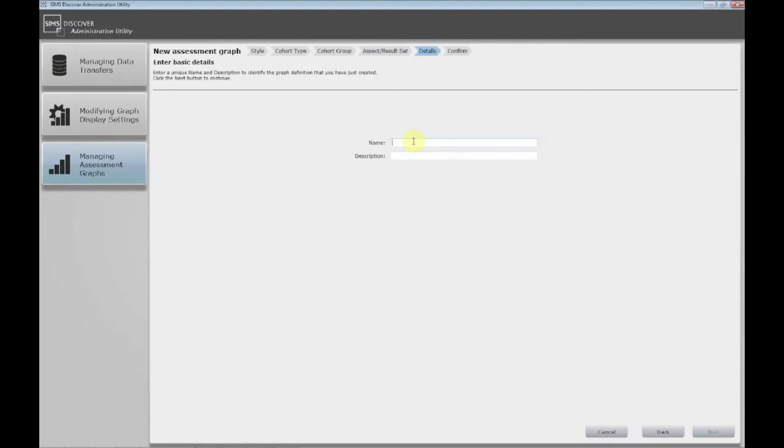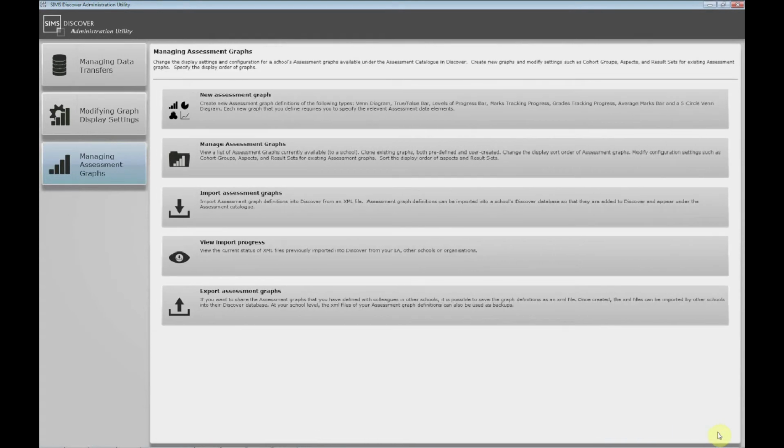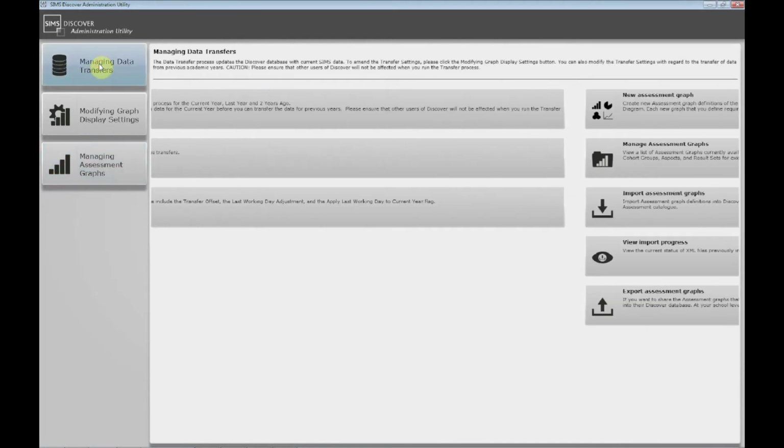Next, give it a name. I'll call this KS4 Maths Year 11. I'll have that as the description as well. Confirm, and that's done. So the only thing to do now to get that to appear in Discover is to go